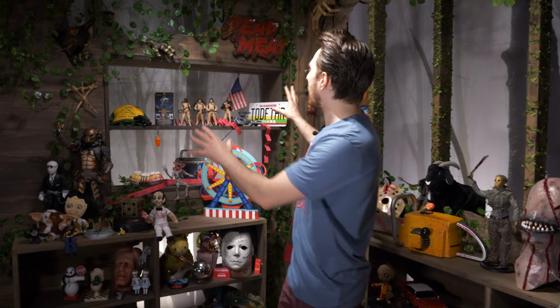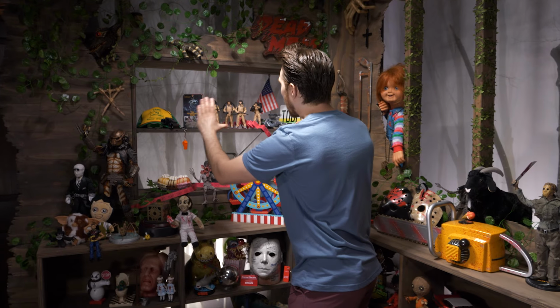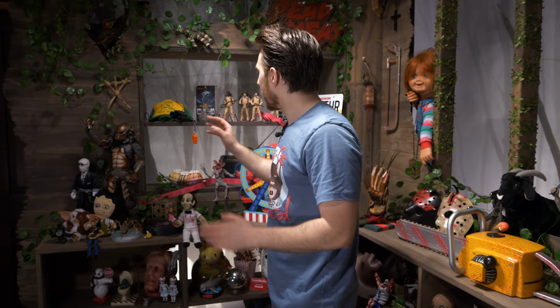As you can see, this is currently set for Stranger Things, which will be my first kill count coming back. But what's cool about this space is that it'll be used for whatever movie I'm covering, and this shelf can actually come out. So if we had a giant prop, like for instance a Belial in a basket, we could fit him in there and it'd be great. Obviously, Stranger Things doesn't have a Blu-ray release, but this is where the Blu-ray of the movie normally will go